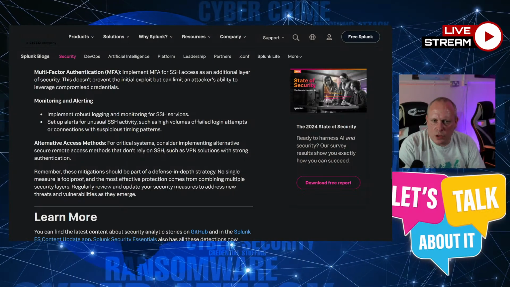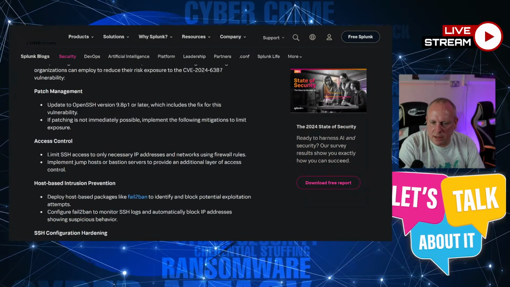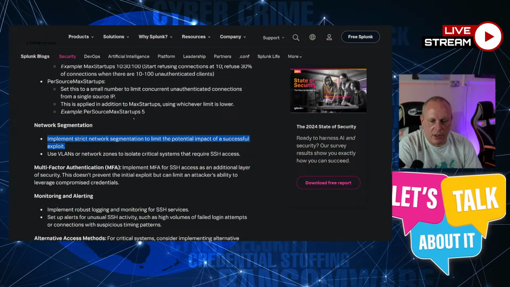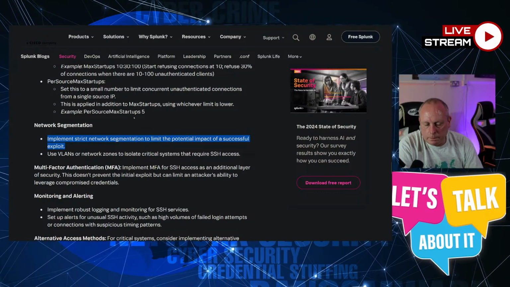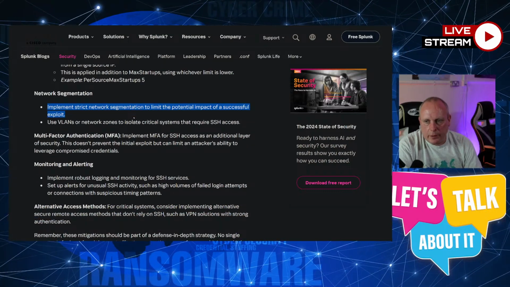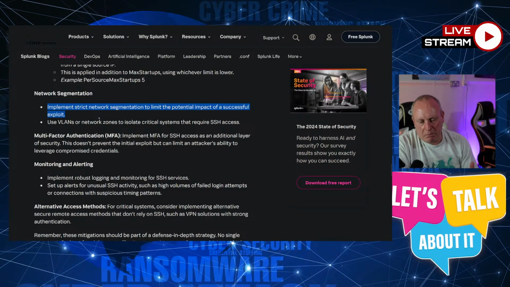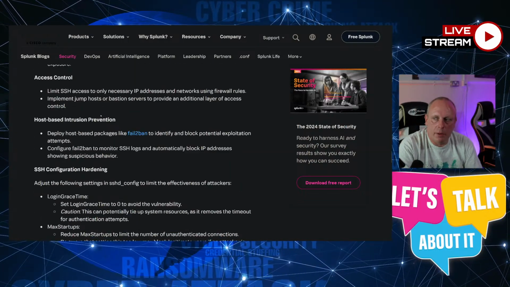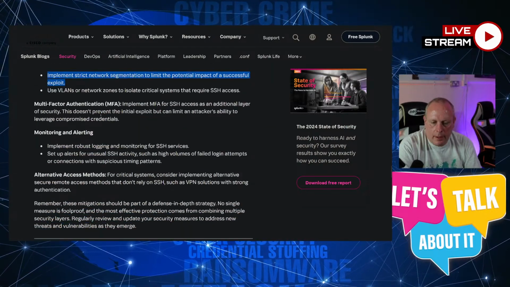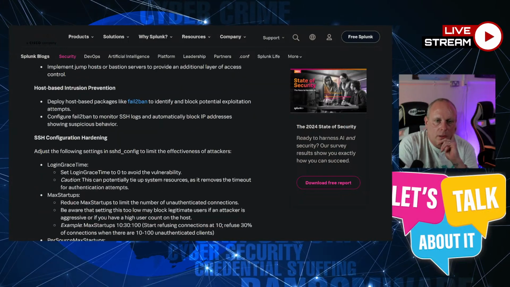So this is where it says 14 million. Where is it? Was that the previous article? So this is where it states that 14 million SSH servers have been detected on the internet by Shodan, but they're not all vulnerable, because running fail2ban will help mitigate this for you. Full notes to all this I'll leave below, but this was one of the best write-ups that I could find on it, including mitigation, and that was on Splunk.